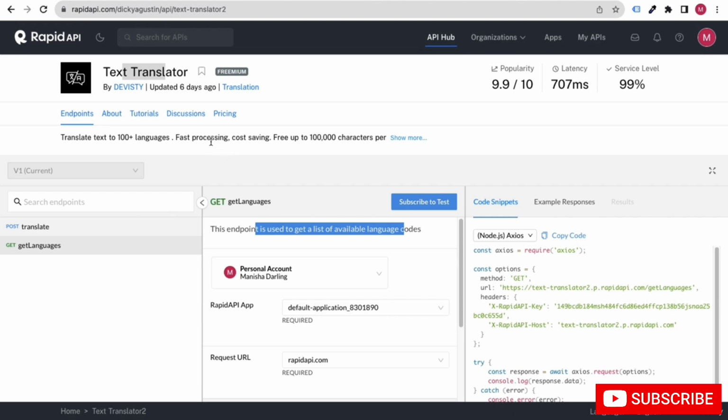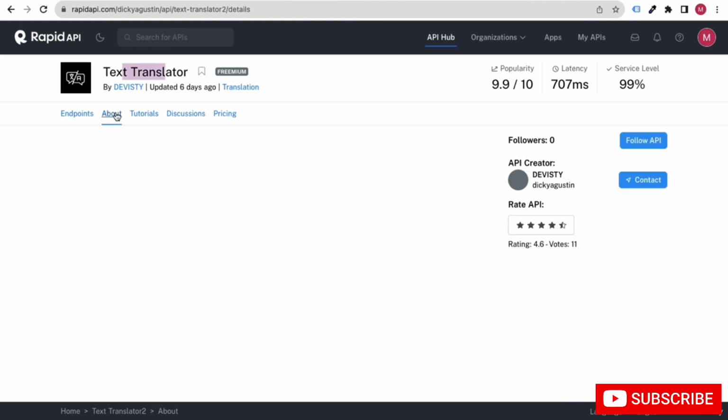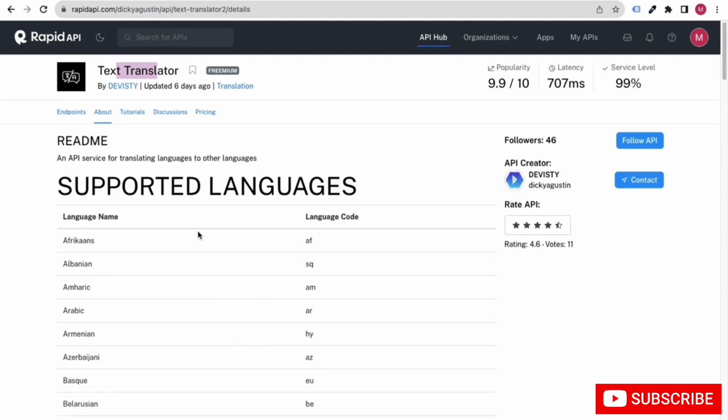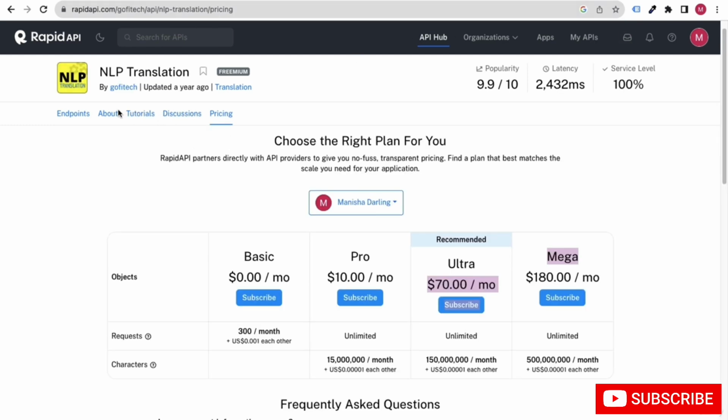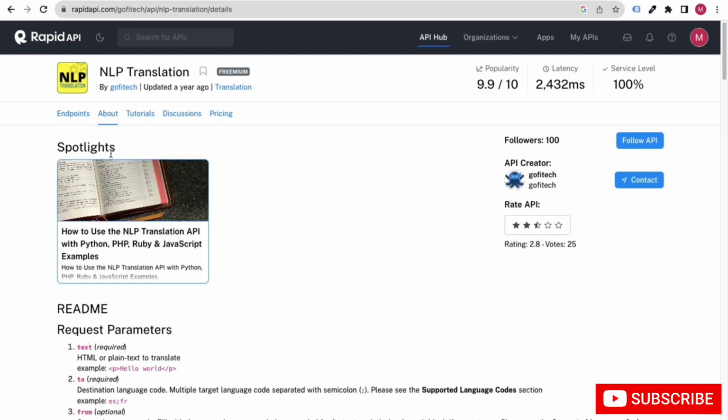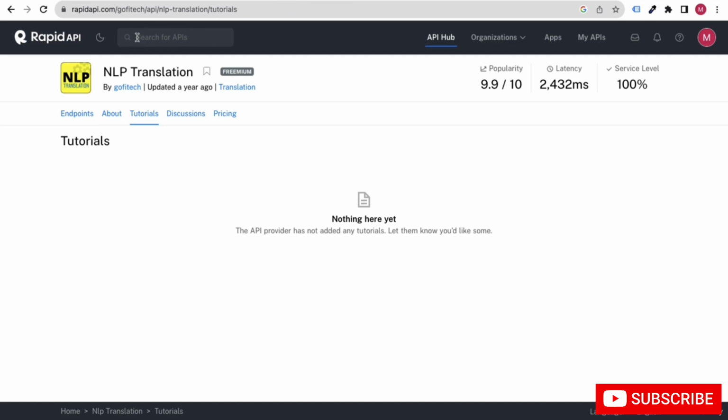Okay, and one more thing is the documentation. If you go to the about section, people have put lots of tutorials and about us. For example, if we go to this one, you can see that there are lots of about us sections and some tutorials, but some people are not putting them, but you should. Programmers and developers can learn about your API and get an idea of how your API works. Basically, all these things attract programmers and developers very much, right? So that is what you have to take care of.